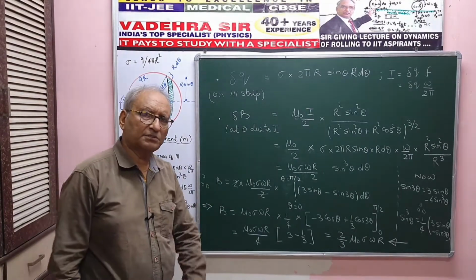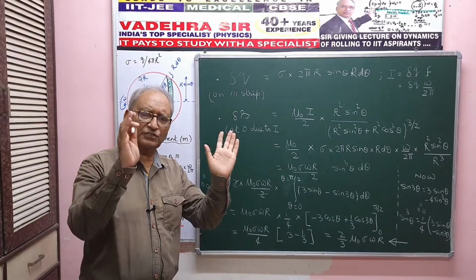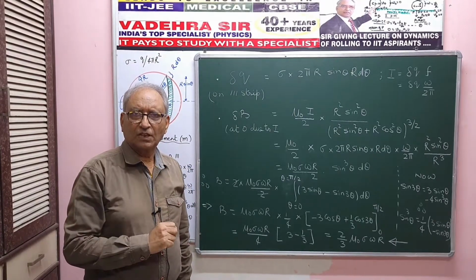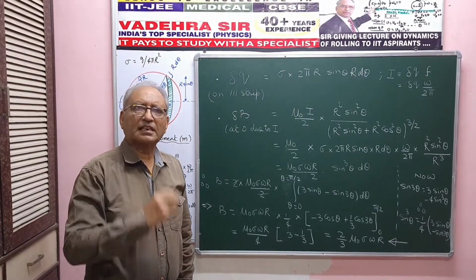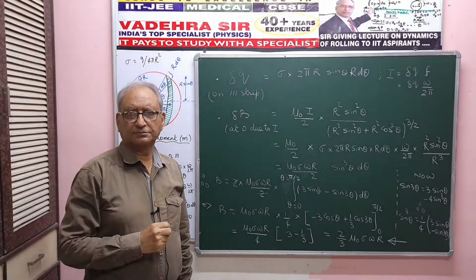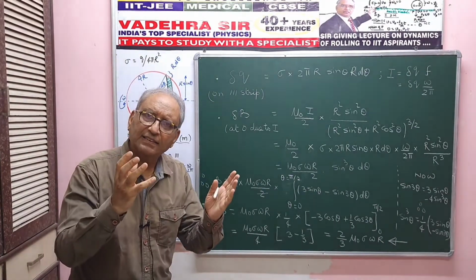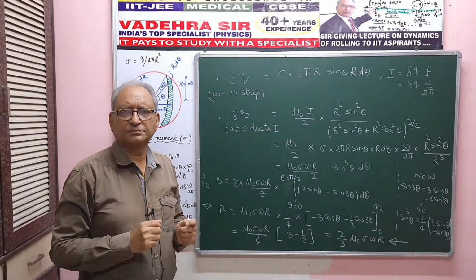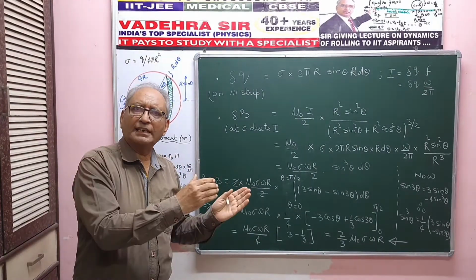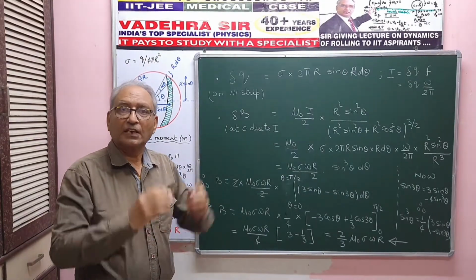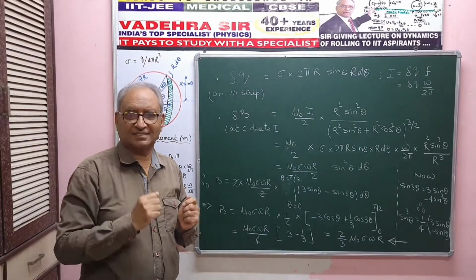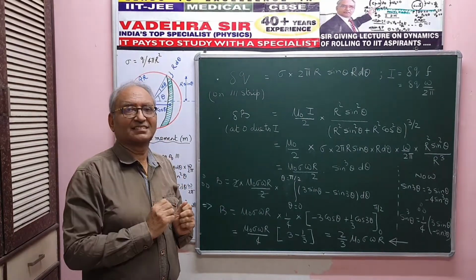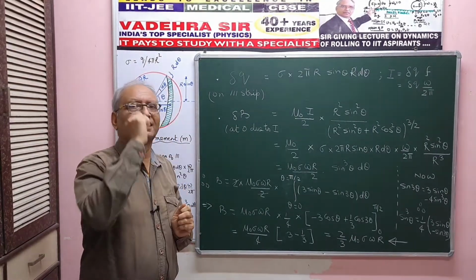Now let's talk about the magnetic dipole moment. First of all, the fundamental. If there is a ring of radius r, surface area pi r square, then what is the magnetic dipole moment? IA. So I into pi r square. Now here I have got elemental rings. So I'll find dm, the elemental dipole moment for the elemental ring.